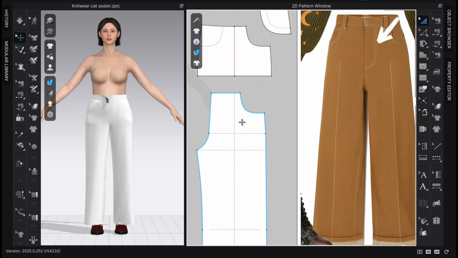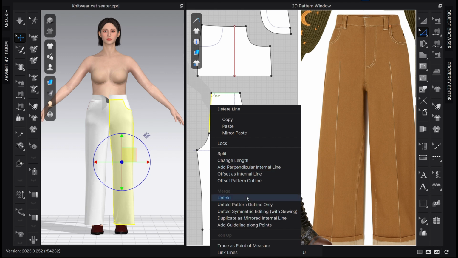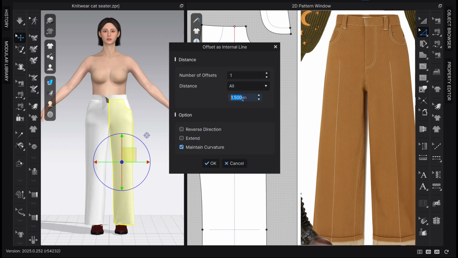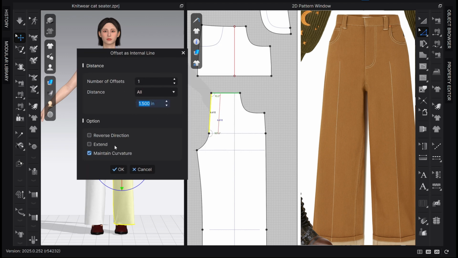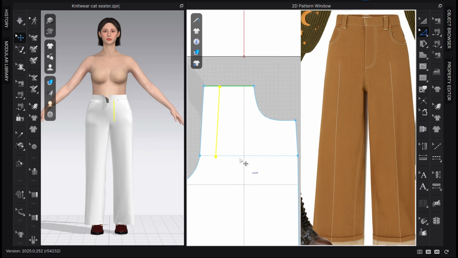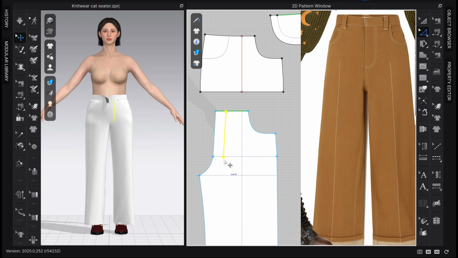But here I just follow the shape from the photo and create the J stitch on this side of the pant. By selecting the center front line, I right click and set as internal line for 1.5 inch. I think that is good, and I don't extend it either. Now I see that it's very low. I bring this point up, holding shift,